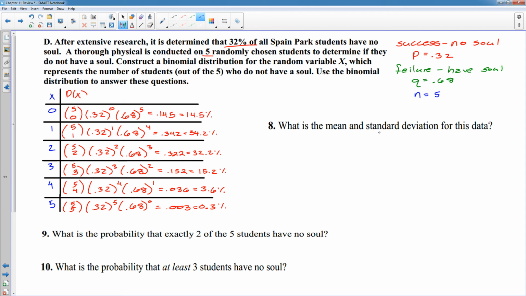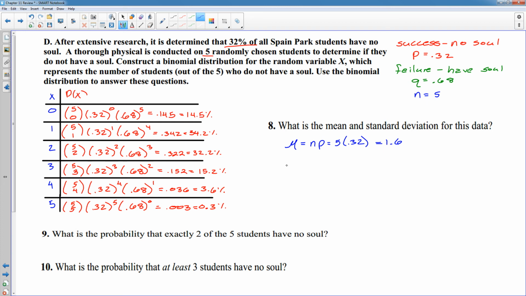We actually could have answered number 8 before we even did the table, because mean and standard deviation are based off your values of p, q, and n. Your mean, which is mu, is n times p. N is 5, p is 0.32, and when you do 5 times 0.32, you get 1.6. So the mean is 1.6, so out of 5, the average says that 1.6 out of 5 students do not